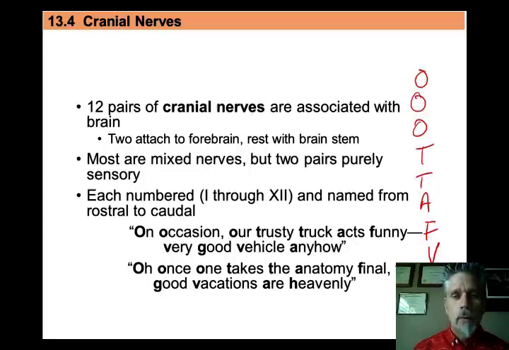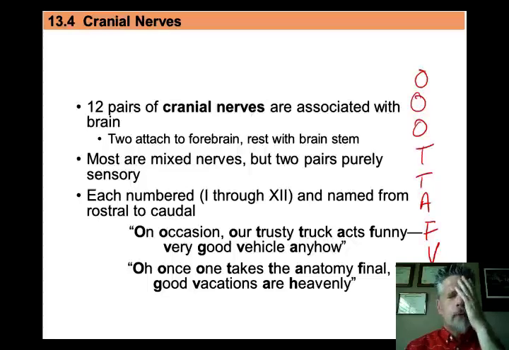1, 2, 3, 4, 5, 6, 7, 8, 9, 10, 11, 12. Notice these other phrases also have 12 words to them, right? And the letters are the same. Those are the first letters of those cranial nerves in order. So that can help you on the lab practical or on the lecture exam to know, okay, the first one,